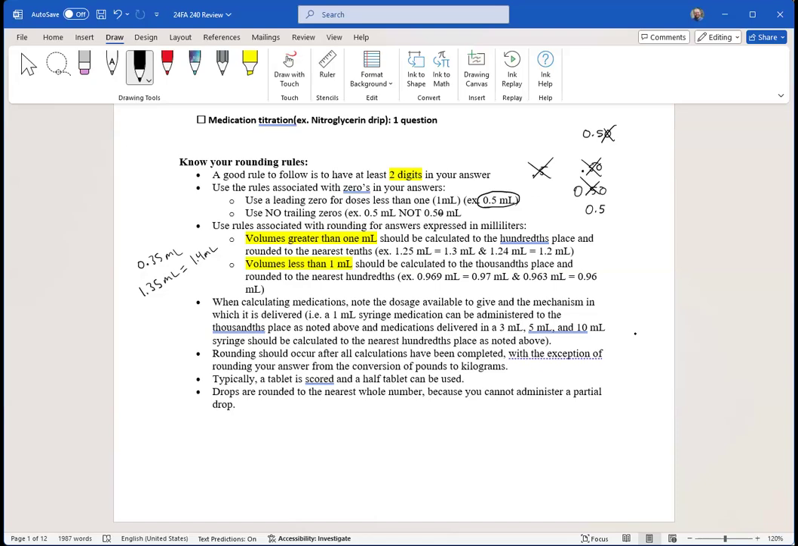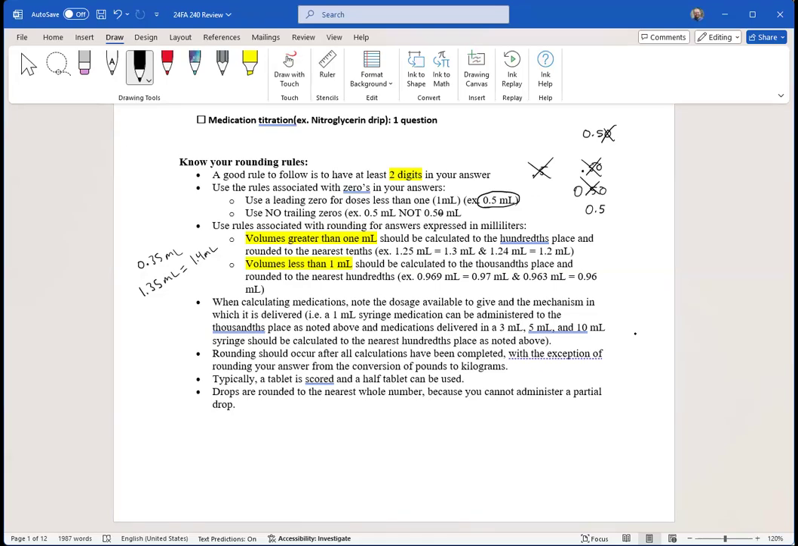So for the kilograms, we're always rounding that, correct? Yes, round it to the nearest tenth. Okay. And then for the mLs per hour, that can be rounded as well. It doesn't have to be a whole number. Correct. Now you might want to double check with your instructor, but